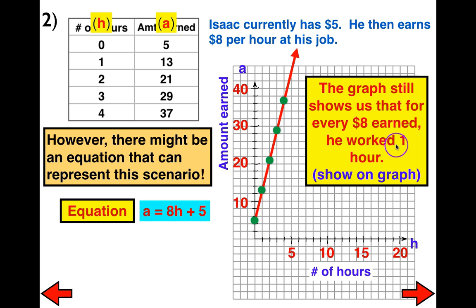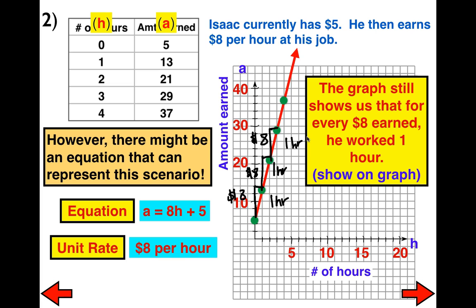But this graph can still show us that there is a unit rate. So here, the graph is showing us that for every $8 that he's earning, he's working for 1 hour. Again, for every $8 that he earns, it's because he worked for 1 hour. So this graph is illustrating to us our unit rate. So there's going to be different ways of finding the unit rate. So the unit rate is $8 per hour,